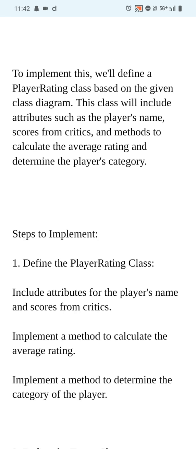To understand the player rating system, the Mysore United is a players club that evaluates and categorizes players based on the rating given by critics. The number of critics varies from 2 to 3 every month. Each critic provides a rating for a player, and the program determines the player's average rating and assigns a category accordingly. Steps to implement: